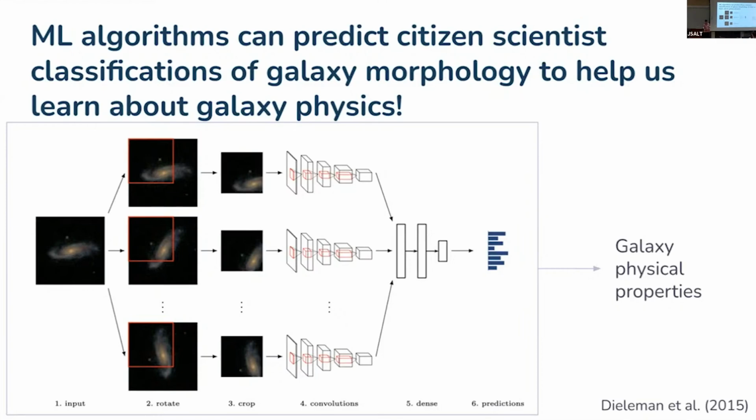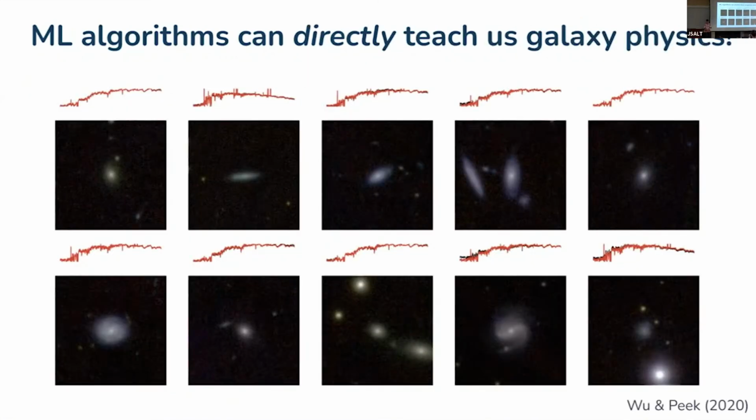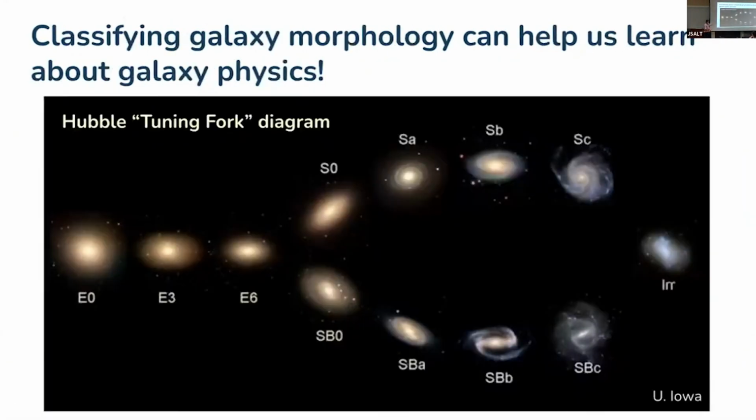But my take on the matter is that these machine learning algorithms also can just bypass all these heuristics we've made up along the way. Galaxy morphology is an interesting tool, but it's a classification scheme on something that's not actually classes. Galaxies are not necessarily classes, right? What you see here is that galaxies actually occupy a continuum of morphologies. They can take on a lot of different shapes, and it's a continuous space. They're not necessarily well separated by anything. This just happens to be a scheme that's useful for us and has been useful in the past.